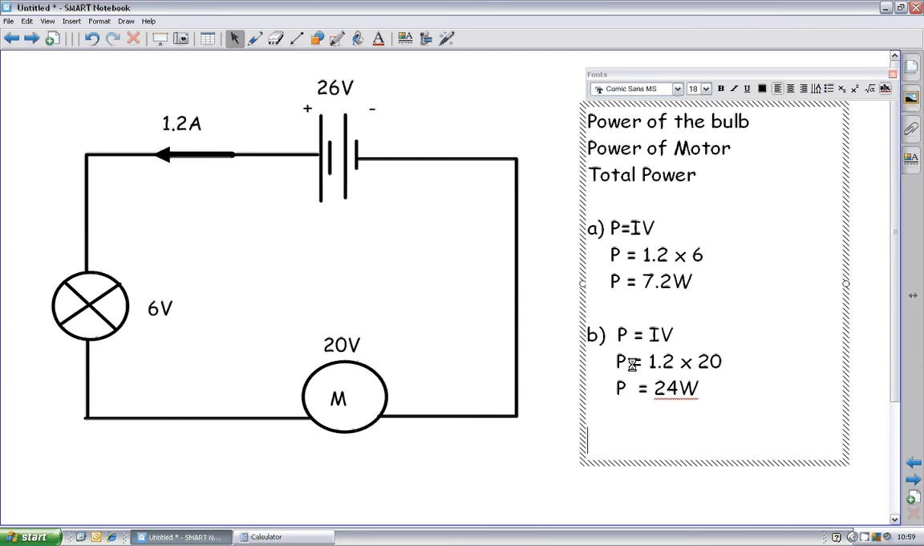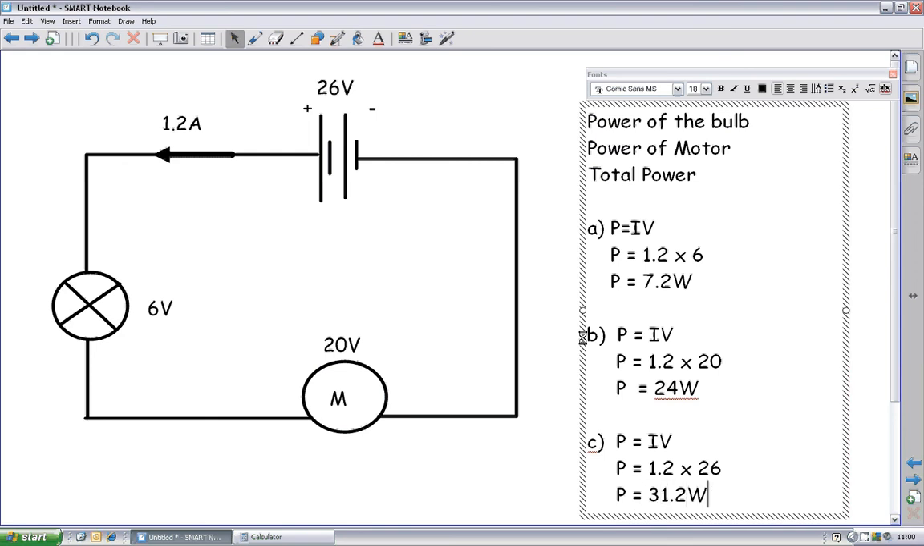And then finally C, and this is the important part. You can do bits of the circuit or you can do the whole circuit. You have to know the whole information about the circuit. So P equals IV. I is the total current in the circuit. It's a series circuit, so it's the same everywhere. It's 1.2 multiplied by the total voltage being used by the circuit. 6 and 20, 26 volts being used by the full battery, so 26. So P is equal to, and that works out to be 31.2 watts. You can do that on the calculator,